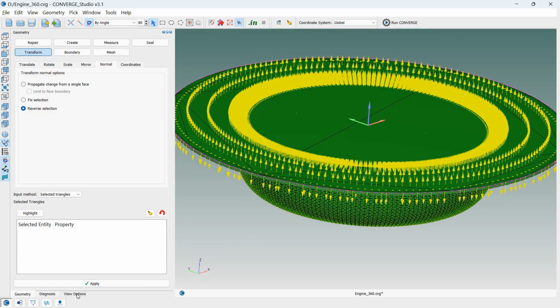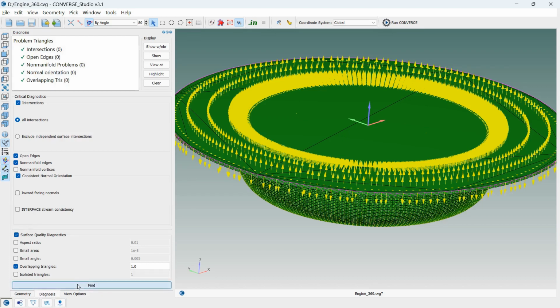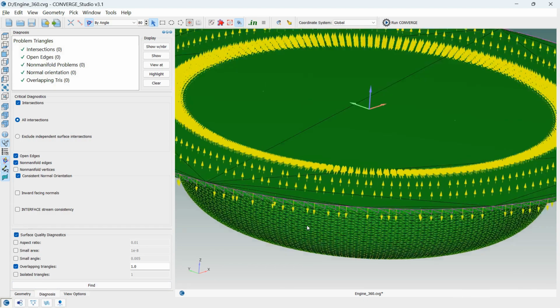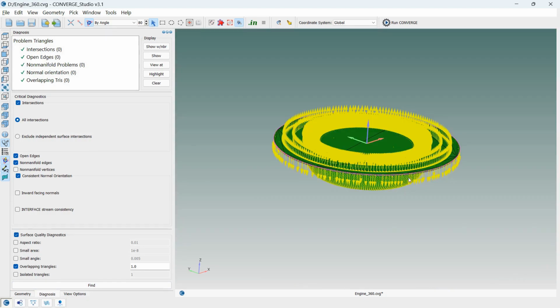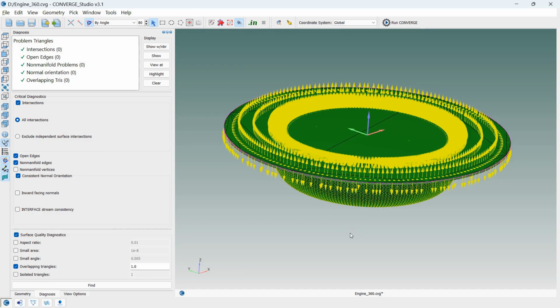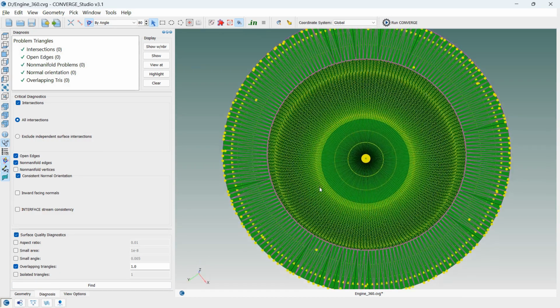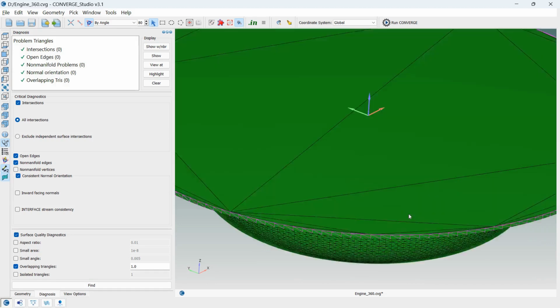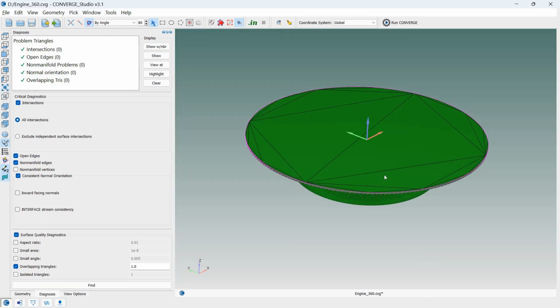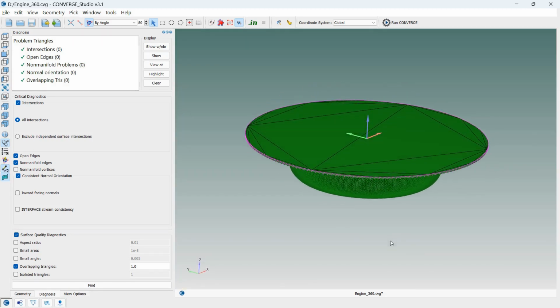By returning to the Diagnosis panel, I hit Find again. Now, all of the problems were solved, but one of the problems you may face is the incorrect size of